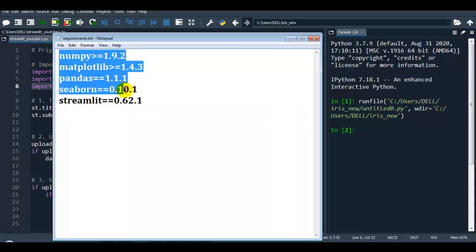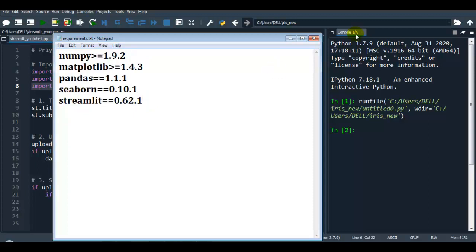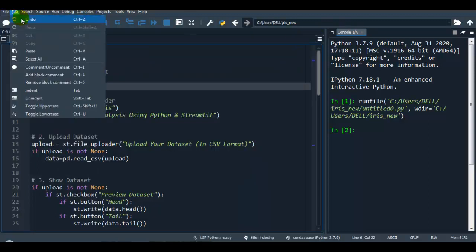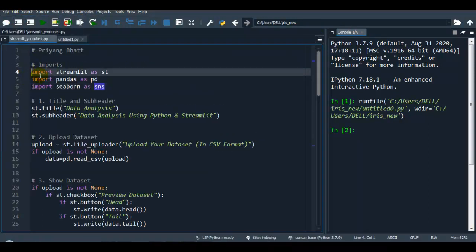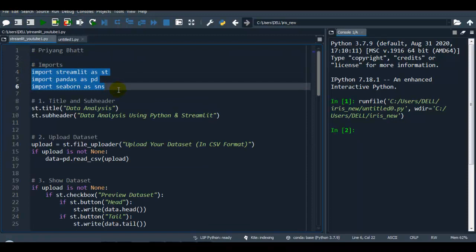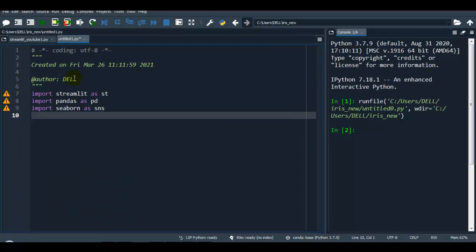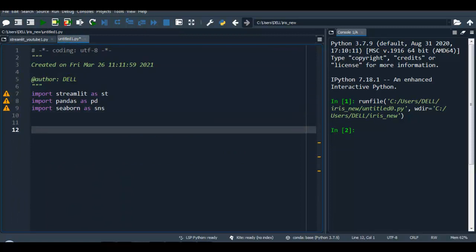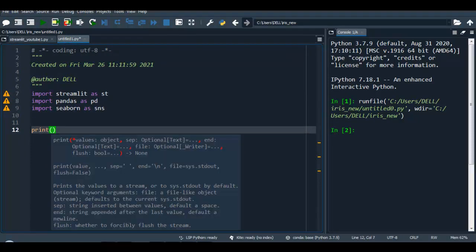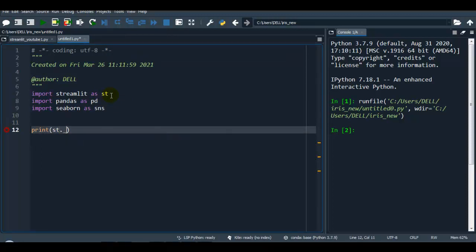So how can we create this file with version numbers? Let me show you. Let me create a new file and copy the import statements and paste them over here. And here we can write print st.__version__.